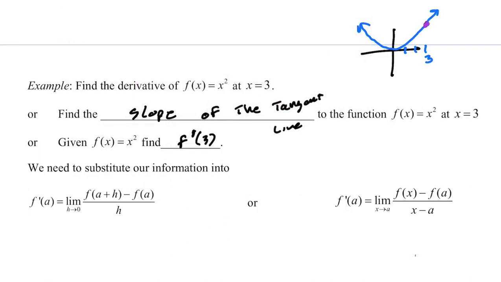So let me draw a tangent line to that graph. Remember, tangent lines only graze it, so something to this effect. Not perfect, but whatever. We're trying to find the slope of that tangent line. That line right there, right? So we want to find the slope of the tangent line. Let's do it